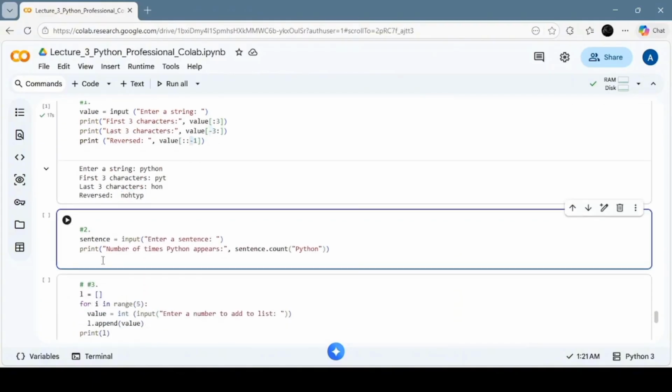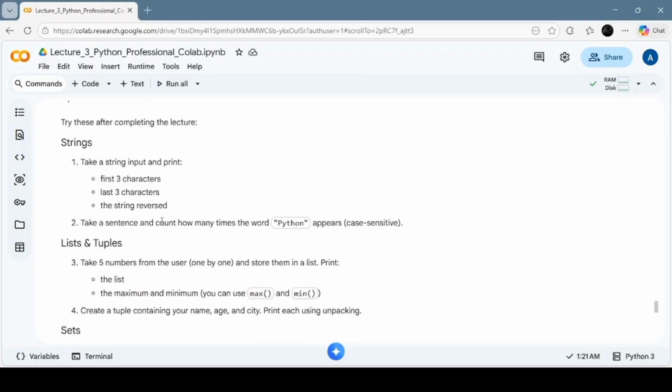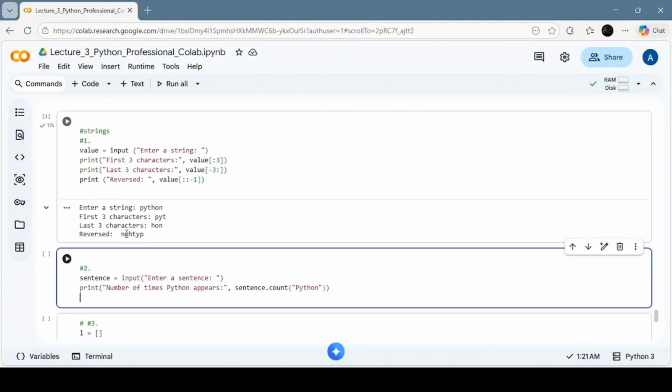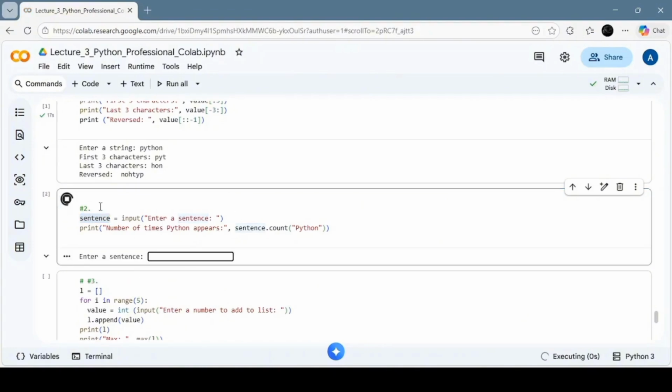Next we had a practice question in which we were asked to count how many times the word Python appears, and it should be case sensitive. So we can see that we have a sentence, and we are inputting into the sentence variable, and what we will do is count the number of times Python appears in that sentence. So we can write something like Python